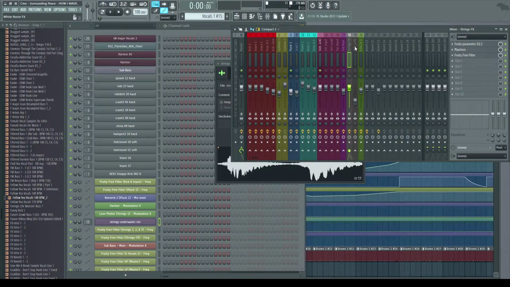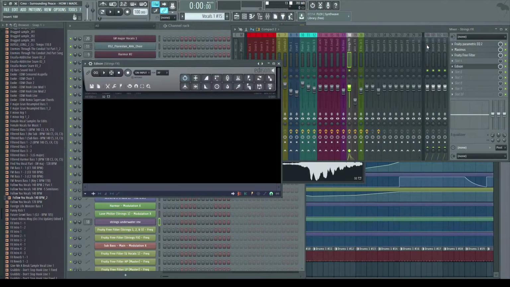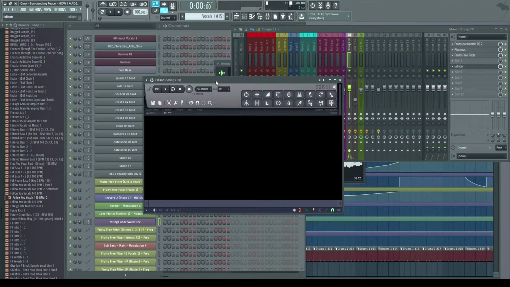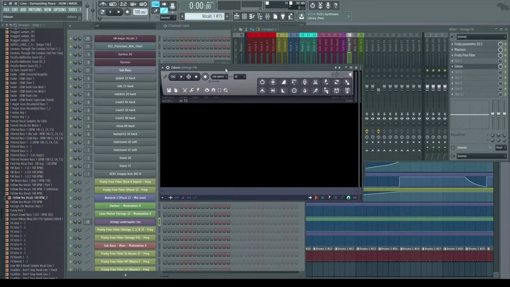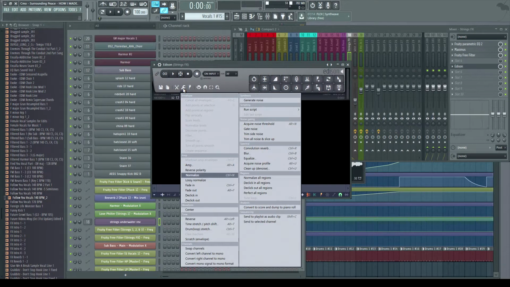From what I remember, in order to make this sound, it involved Edison. If I recall correctly, I could be wrong, but I think he took either some strings or a piano, went into this little knob thing, and basically denoised the sound.